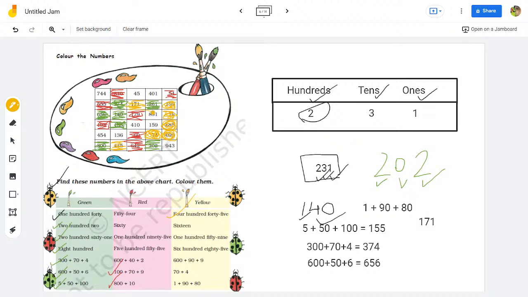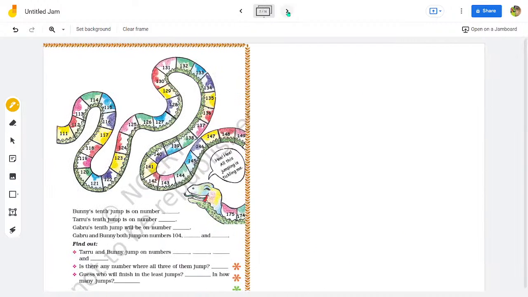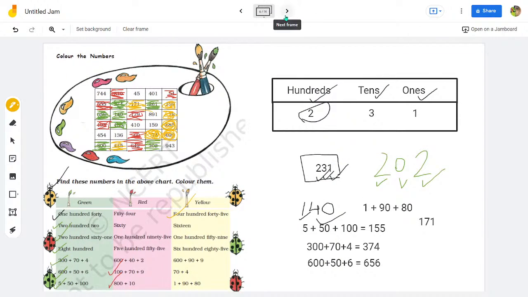So that's how we have shaded all the red, green and yellow ones with different colors and according to the names and expanded form of the numbers. Now let's move on and let's see what does our next exercise say. Okay, now this is about jumping. Now before moving ahead,